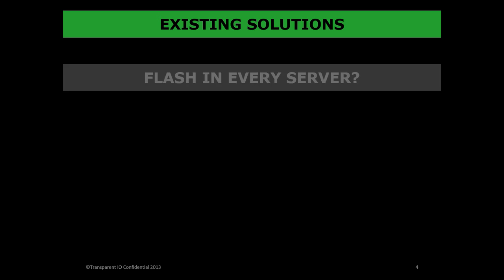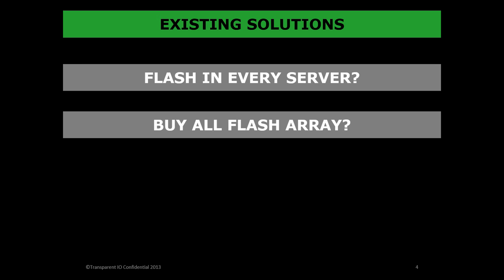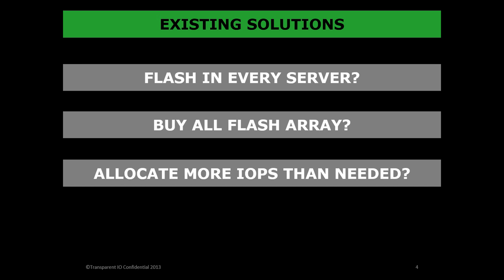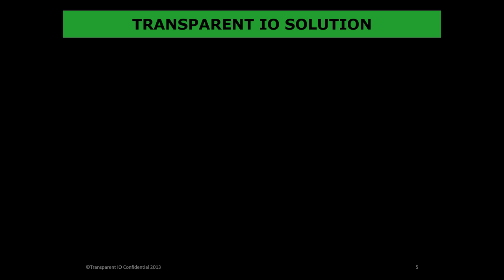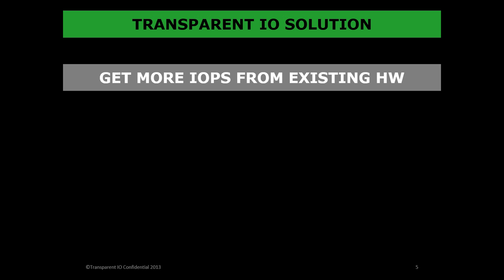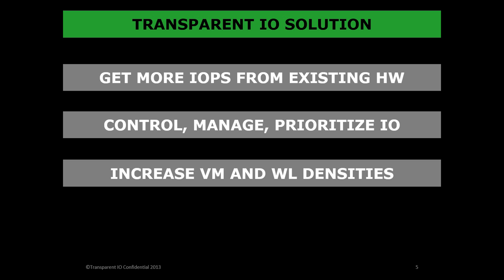How do we solve this today? Well, many people do it by over-provisioning, which we believe leads to a lot of inefficiencies. We solve it by getting more than double the IOPS from your existing infrastructure. We have a solution that puts you in control of the IOPS. You decide what workloads or virtual machines they go to. You can even do this dynamically. And ultimately, this leads to increased virtual machine and workload densities, which lowers CapEx and operating expense costs related to